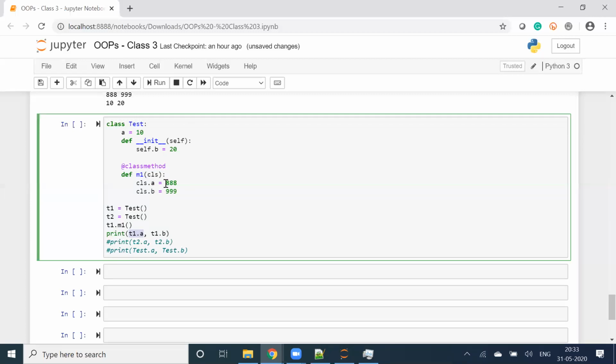What is the static variable value now, after running m1? 888. So I should get 888 here, comma t1.b. Now b has two types of variables: one is static, which is 999, and the instance one, which is 20. Which will take the priority? Instance. So what should be the output? 888 comma 20. All agree?